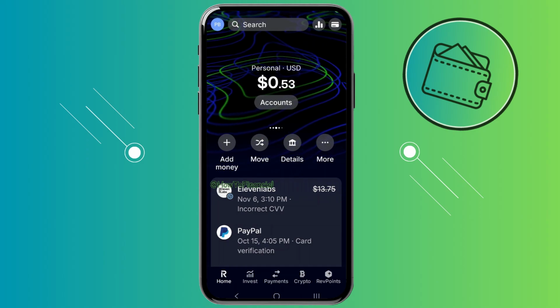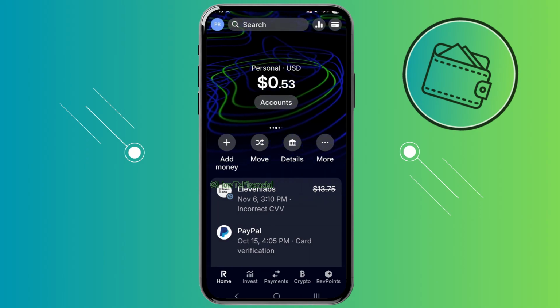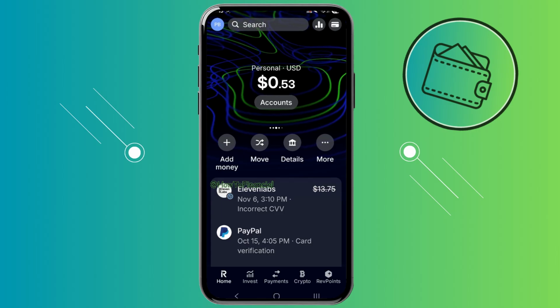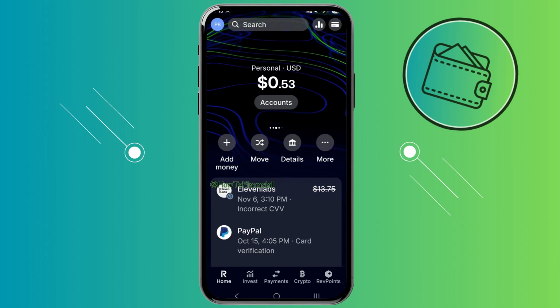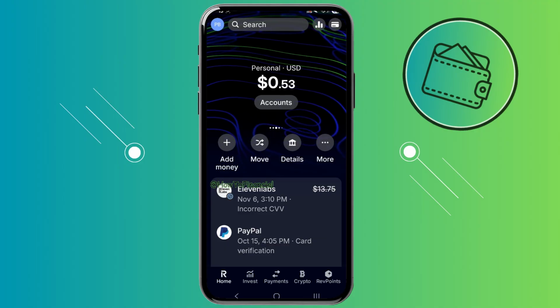Hey guys, welcome back to another video, and in this video I will show you how you can remove your spending limit in the Revolut app. So let's get started. Now, first off, to remove your spending limit, you would need to tap on your profile